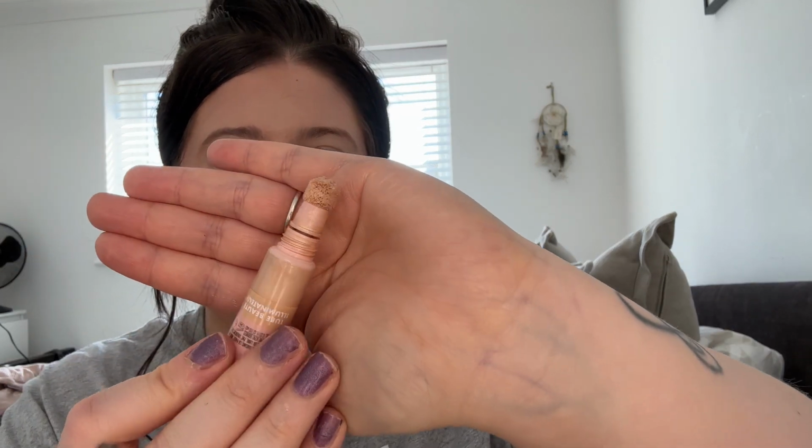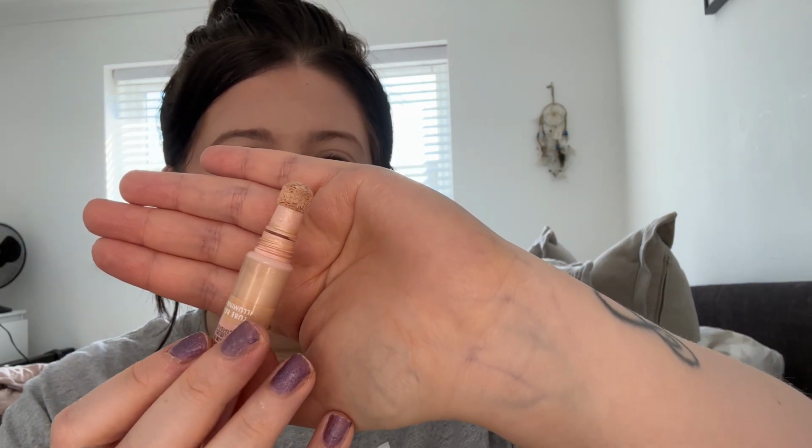Now, the first thing I noticed is that it looks exactly the same as the Charlotte Tilbury one. It's got the nice little sponge applicator there, and you twist and press, squeeze, and it pops it out like that. So let's...